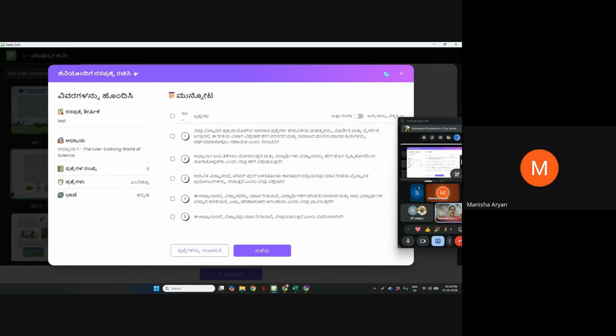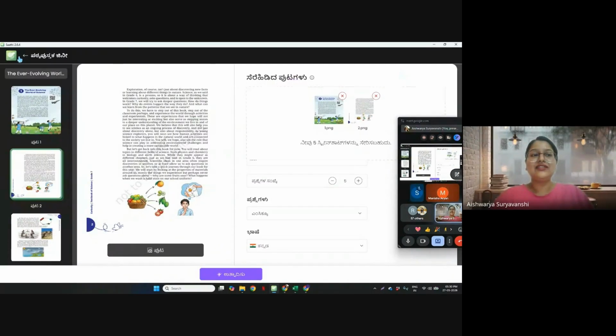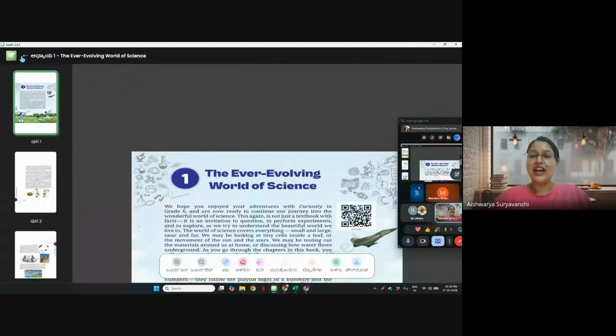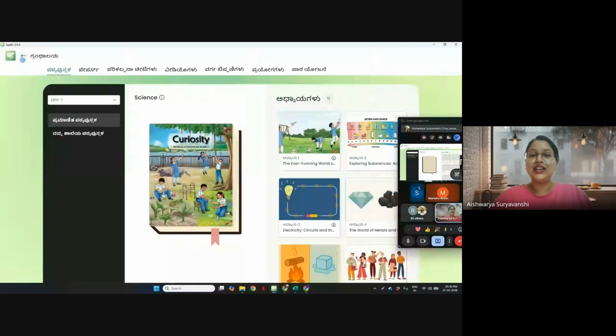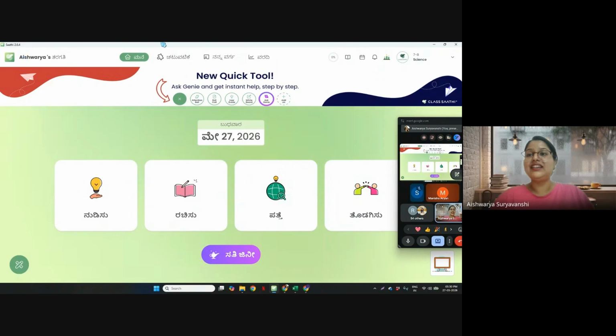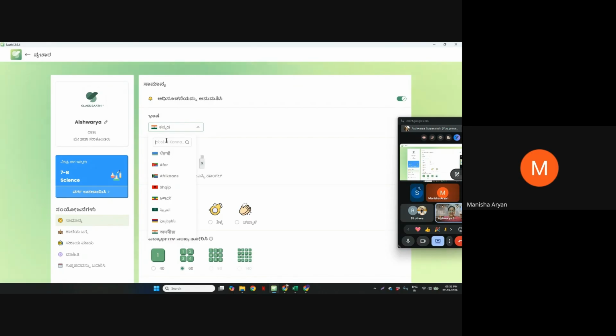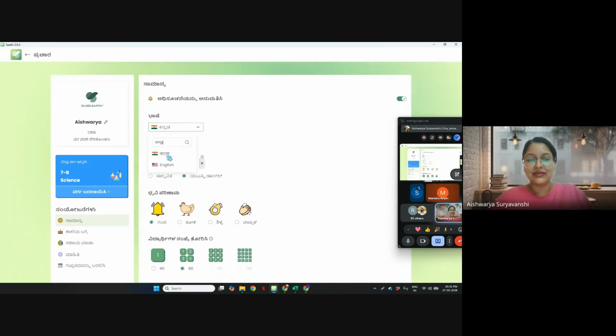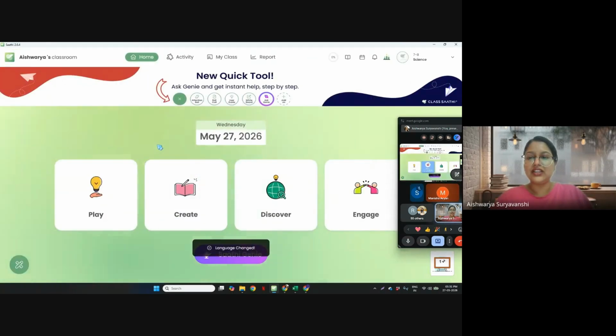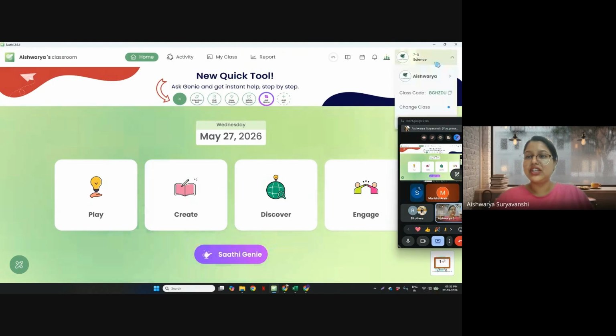Yes, I got it. So that is the reason why I was telling earlier that our teachers know how to create questions. There is no doubt in that. But there are a couple of features that are hidden. That's why it takes a little time for them to understand. So it's basically changing the language for any language, any regional language. So feel free to change the language and you can create all types of questions from there.